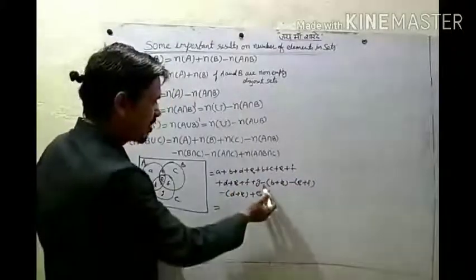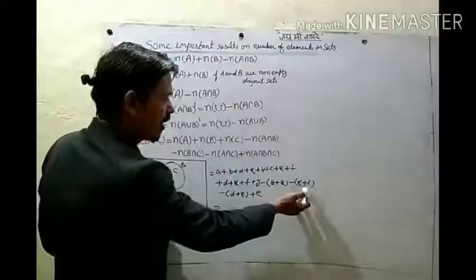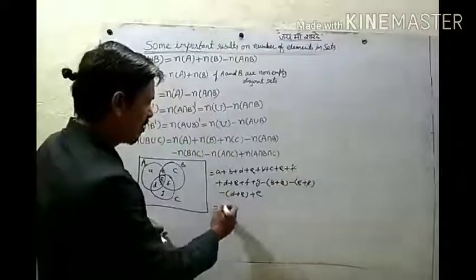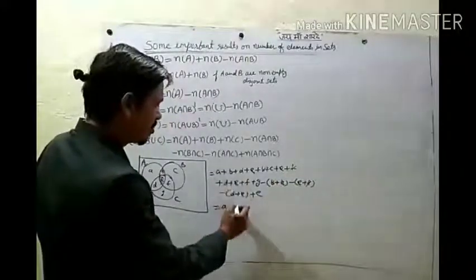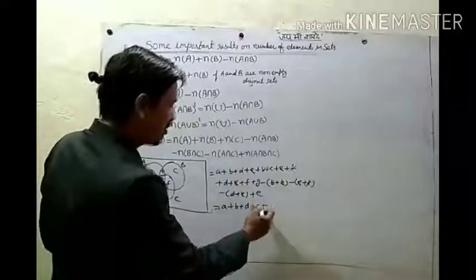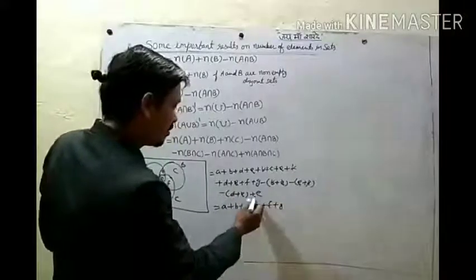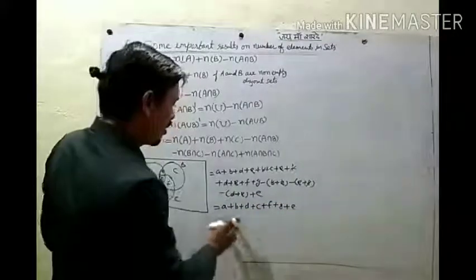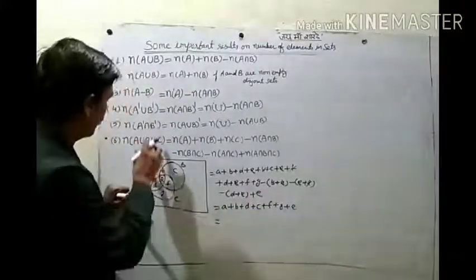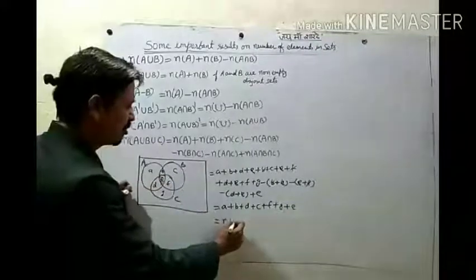Then b minus negative, right? Then f negative, then d negative, cancel out. What do we have? A plus b plus d plus c plus f plus g plus e. Now a, b, c, d, e, f, g. So total elements in A union B union C, A, B, C, D, E, F, G. So this is equal to,